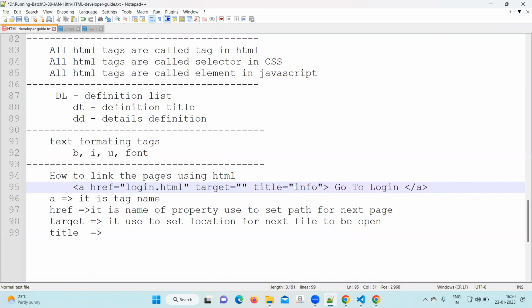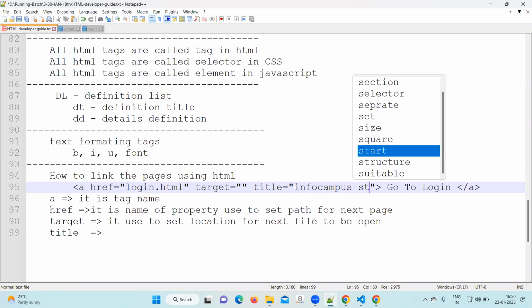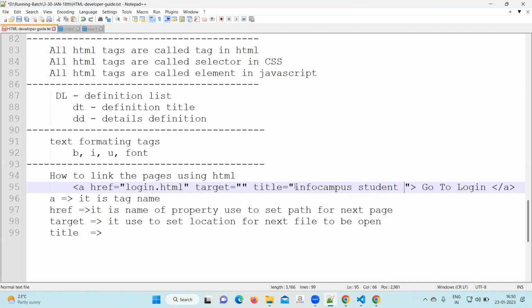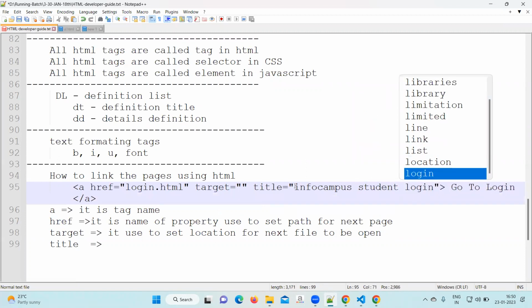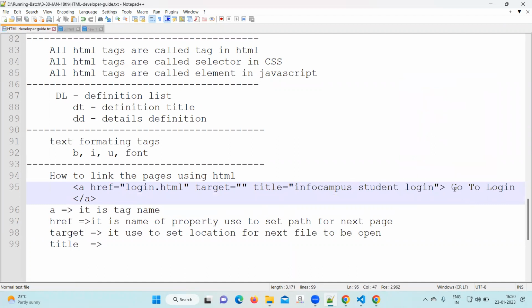INFO. InfoCampus student login. Suppose inside our website there is a link, and in that link this tag is added, called InfoCampus student login. Suppose someone searches on the internet, InfoCampus student login, correct? Now, as soon as this link is added in the website, within 24 hours, 30 hours, or 3-4 days,